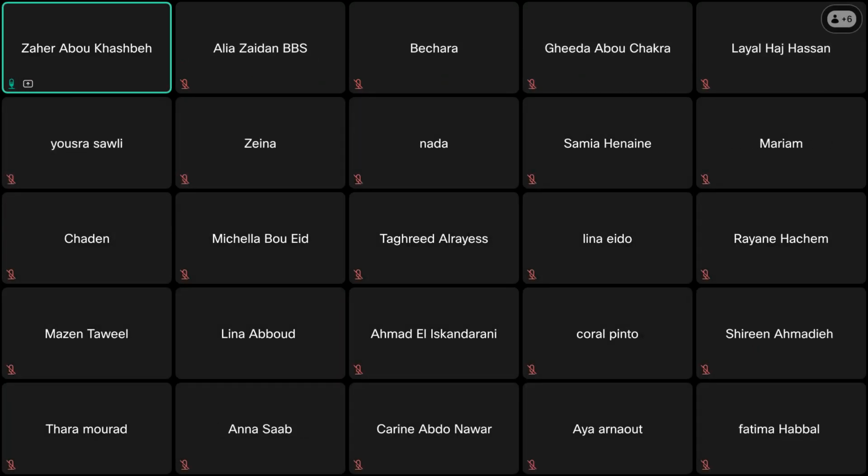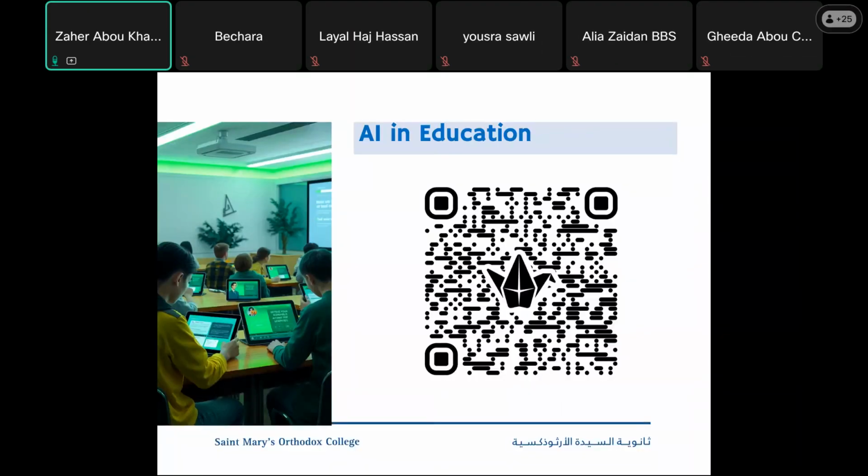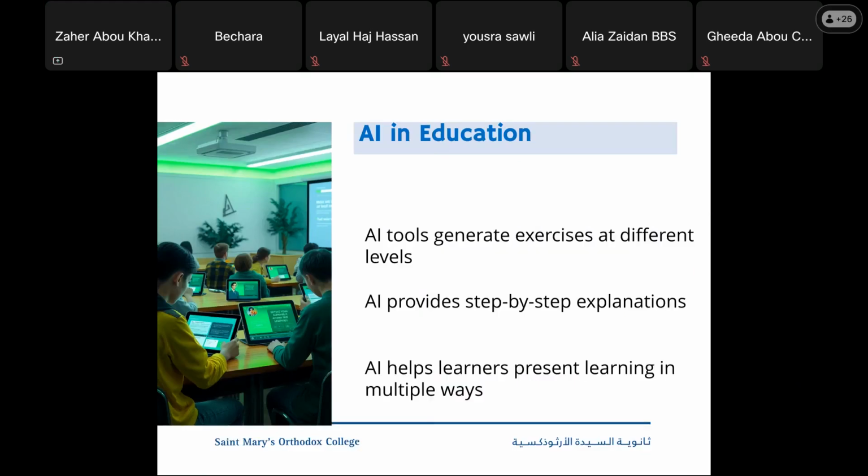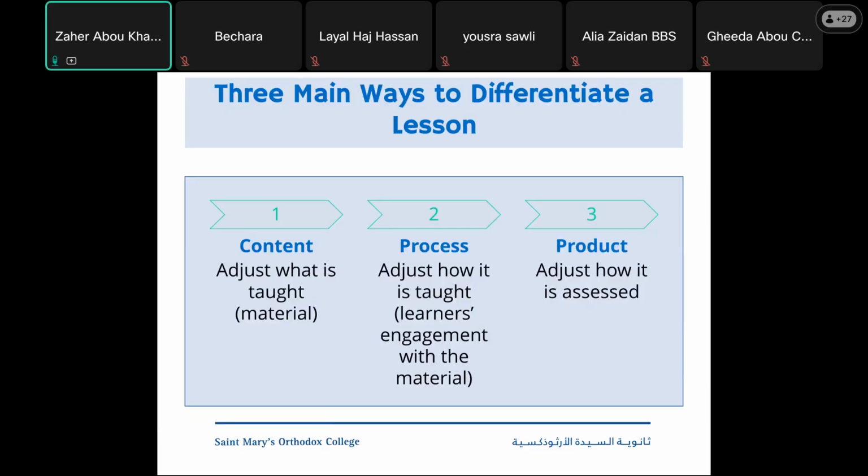So let's see now. Okay, AI is a tool that generates exercises at different levels. Okay, AI provides step-by-step explanations in some platforms. Learners can present learning in multiple ways. Okay, these are the common importance of AI. Now we will actually dive into the main